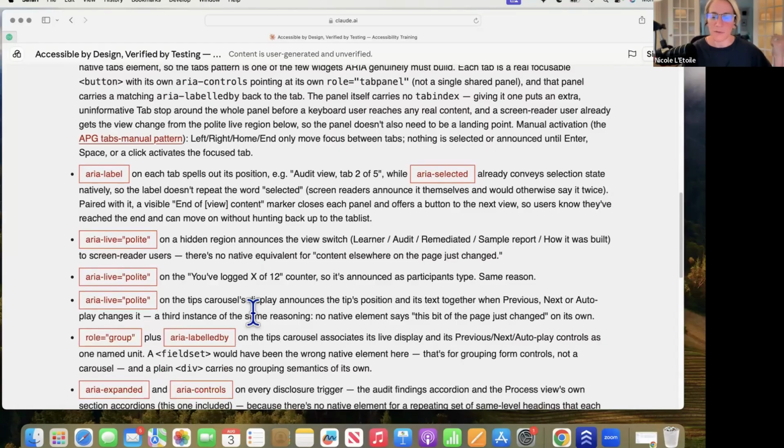So audit view tab 2 of 5 was selected, needed to be said. Do you need a screen reader to test? I would recommend testing this with a screen reader. So I use VoiceOver built into my Mac. NVDA is free for